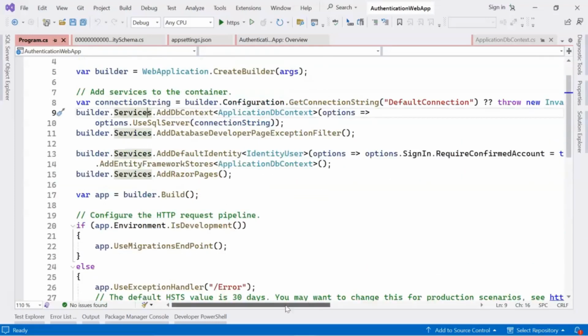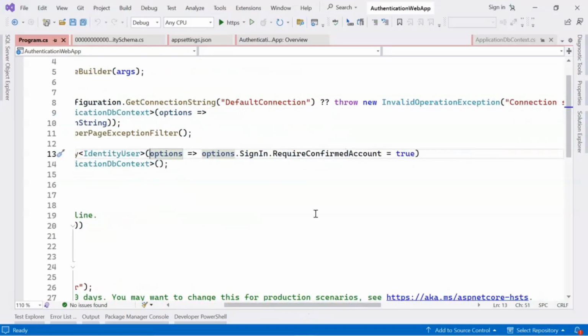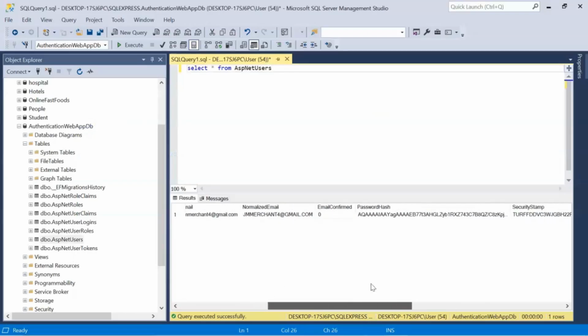Here they have put a condition, options, that says SignIn RequireConfirmedAccount. This refers to this column, but since this column is false, it is giving us an invalid attempt. But if we remove that condition from the Program.cs file, we'll be able to log in.